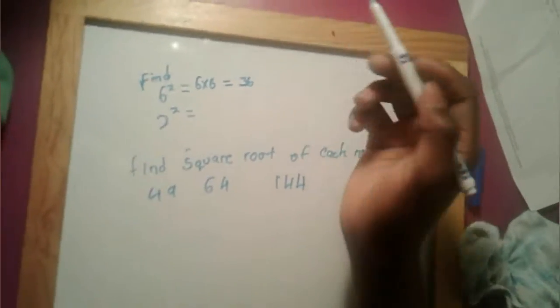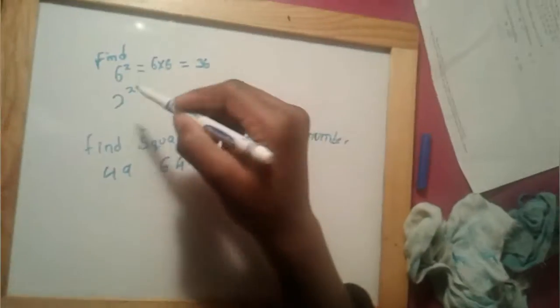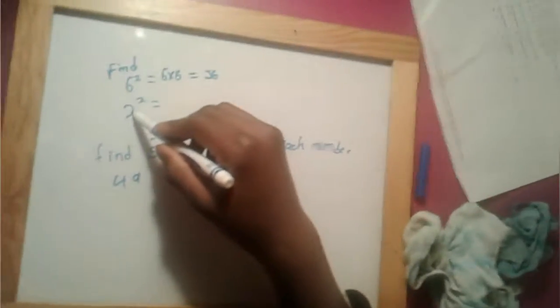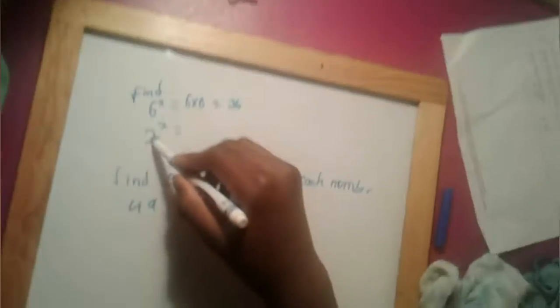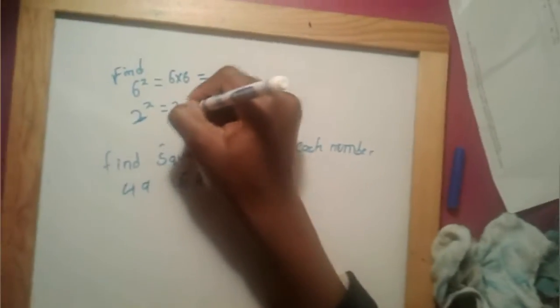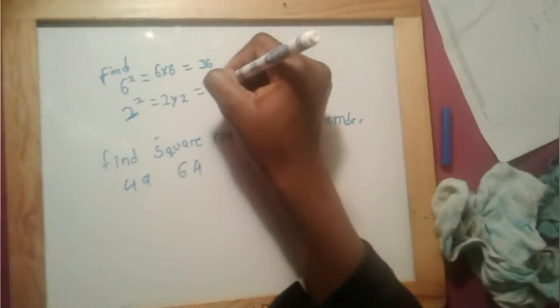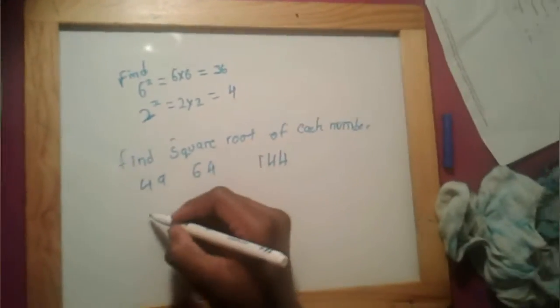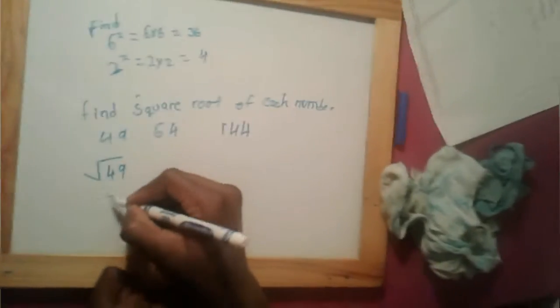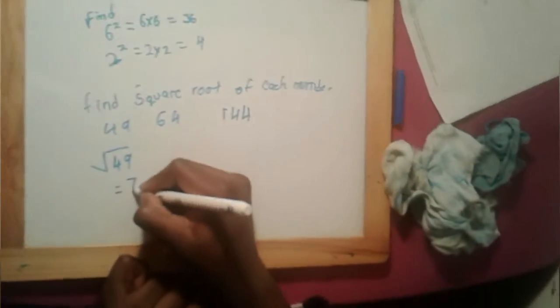And if it's 2 squared, this special number means, as I told you at the first time, that you multiply the same big number 2 times, and if it's 3, you must multiply the same number 3 times. And here it's 2 times 2, which the answer is 4. And for the square root, you must just put the square root symbol, which is this, and finally you get the answer, which is 7,